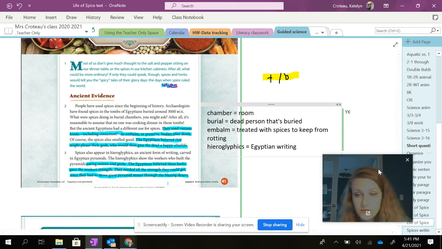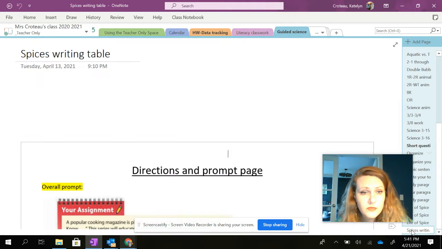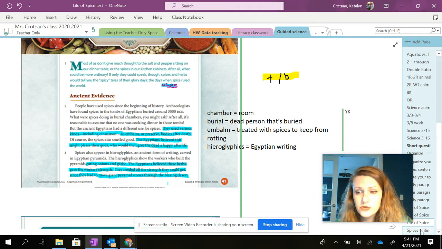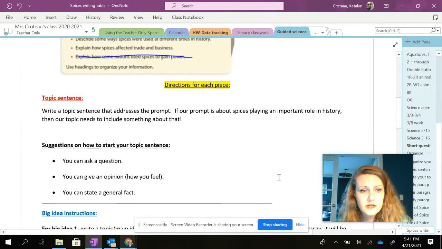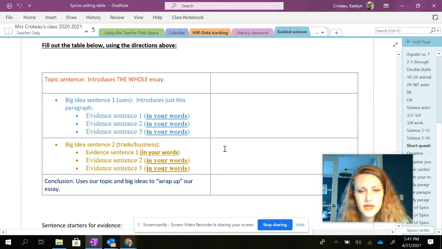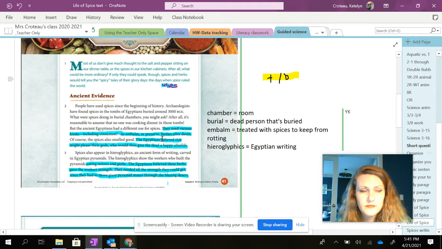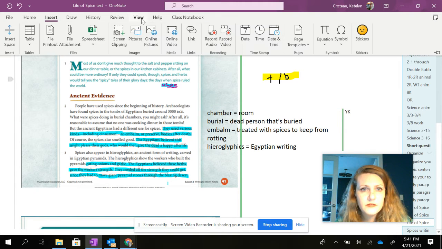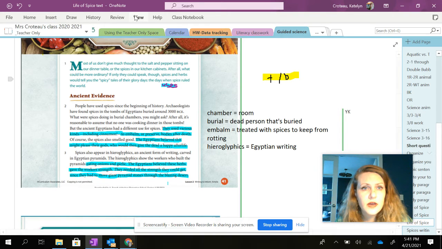The nice news is if you follow with me, you're going to get all the pieces of evidence you need. Obviously, we're going to have to move them over to that page we were using, though. Let me find it. Yes, this one here. We'll have to move that here. We'll have to put it in our words, but we'll already have a lot of it. So that's why we really want to make sure we're following along with me today, okay? So let me zoom in on this. All right, here we go. Okay, so